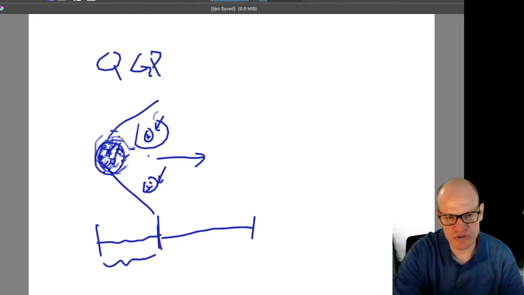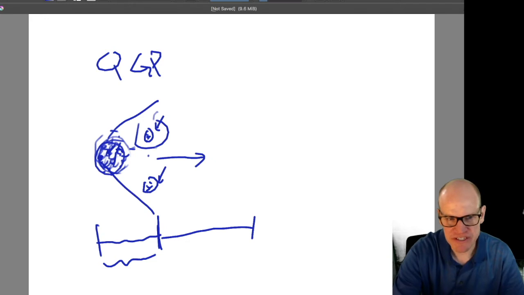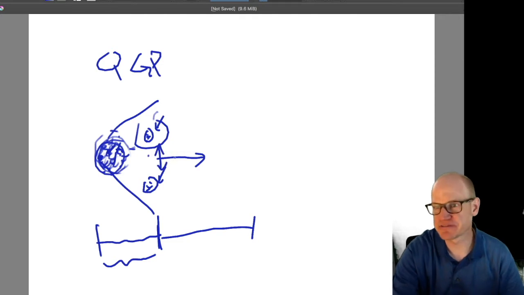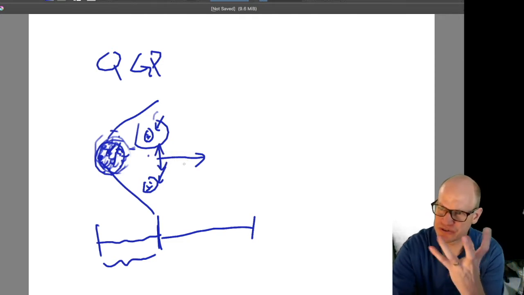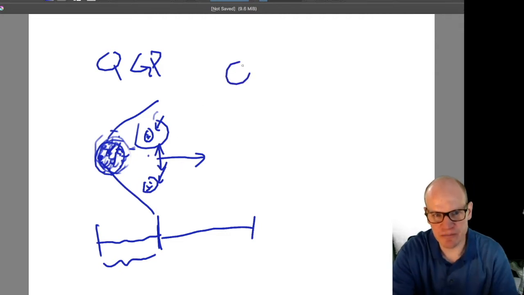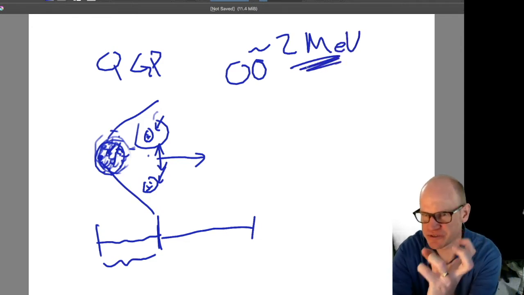So quarks and gluons are early on, then you partition them into these baryons, but eventually the protons and neutrons would like to bind together. However, the binding between protons and neutrons is through the exchange of pions, and that corresponds to some binding energy. When you bind a proton and a neutron together, you get 2 MeV of energy released. That's the energy with which these two things are bound.